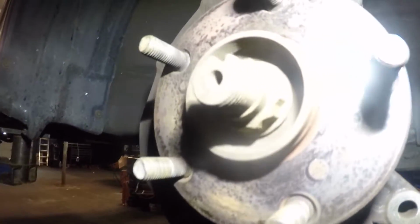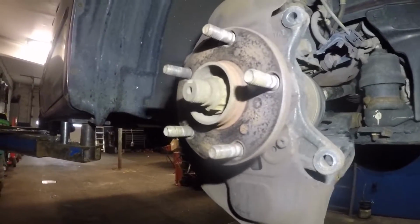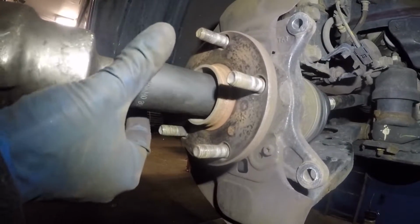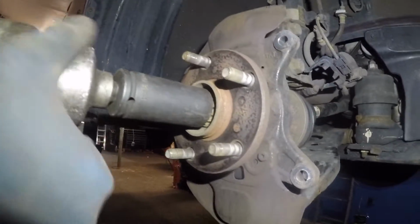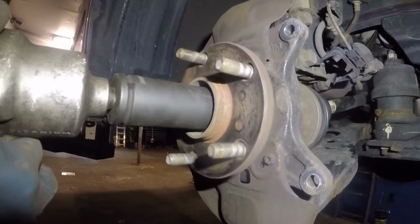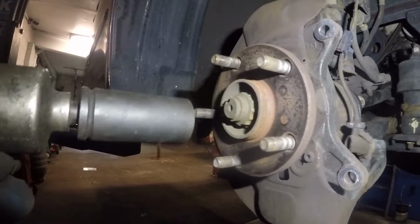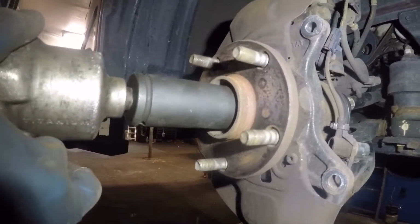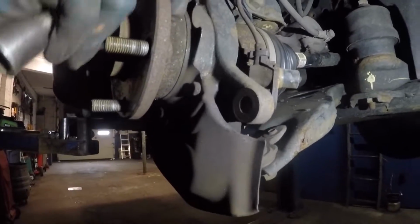Alright, now we're going to remove this axle bolt. This is the 12-point socket, size number 30. It's number 30. There you go. That bolt is out. The axle moved back, so it's already free. What we're gonna do next is